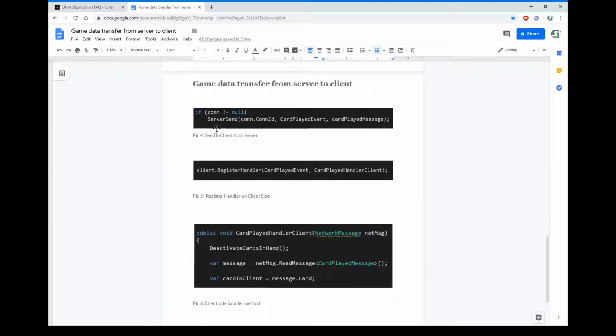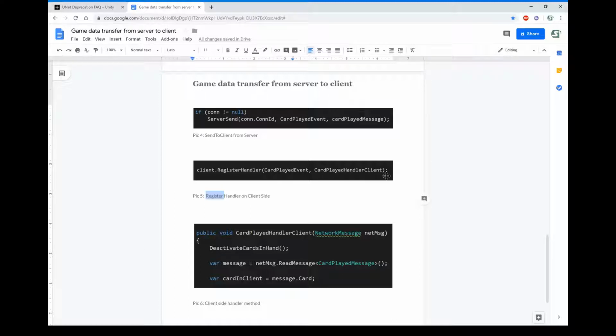If you see in this picture 5, that event 16,000 has a method written for the client side card played